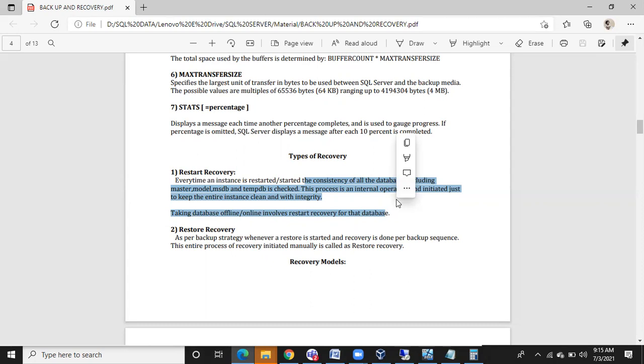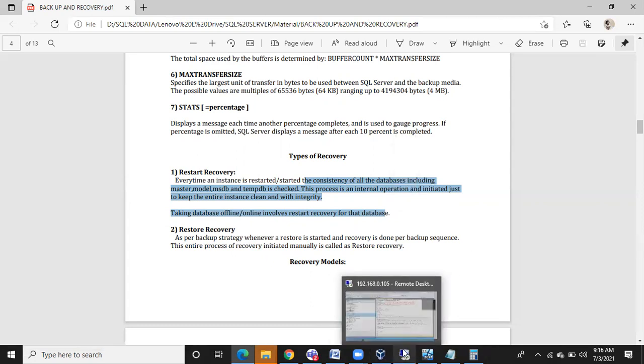So restart recovery will happen at two times. One is when you restart or start the SQL server. Second one is, you know how to bring the database offline and online. Right click on the database and you can bring the database online or offline. Take offline, bring online. So what happened is, in case you just restore the database,